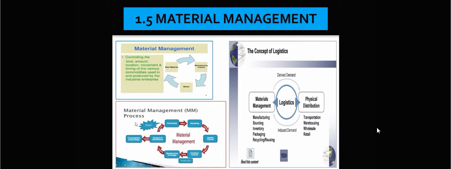Alright, so kita tengok kat sini material management process tu mula dengan purchasing, kita beli bahan mentah, and then penerimaan, receiving, lepas tu kita tengok quality control, and then inventory control, and then berlakulah production. Lepas tu bila dah siap barang tu tadi, kita akan letakkan dalam warehouse dan storage. Kemudian kita hantar untuk distribution, kemudian barulah kita hantar kepada end user. So this is the material management process.